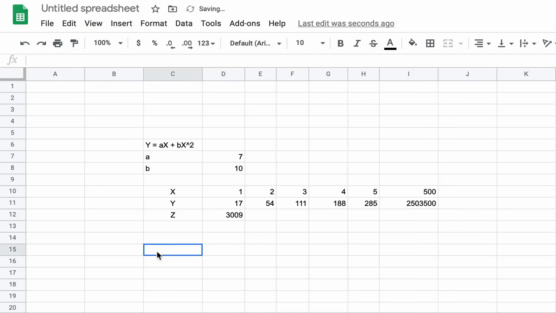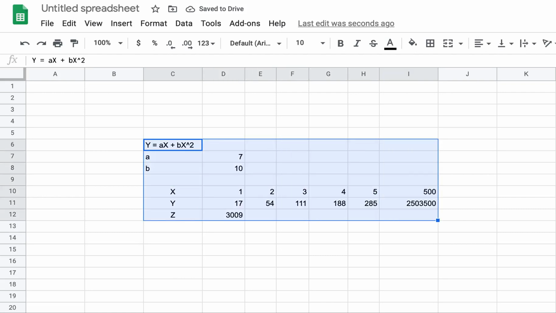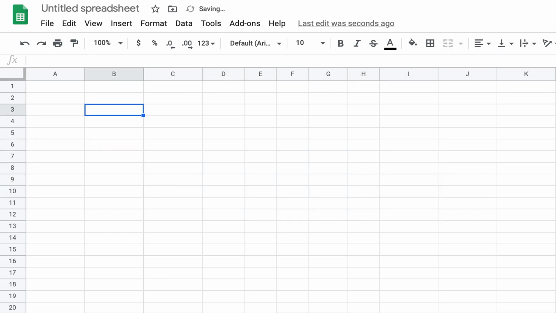So in mathematical terms, Z has become A·Y plus B·Y squared. This is what Z has become. So I think I will stop at this moment. Broadly you guys would have understood what is really going on, and I encourage you to solve these two examples to understand it better.